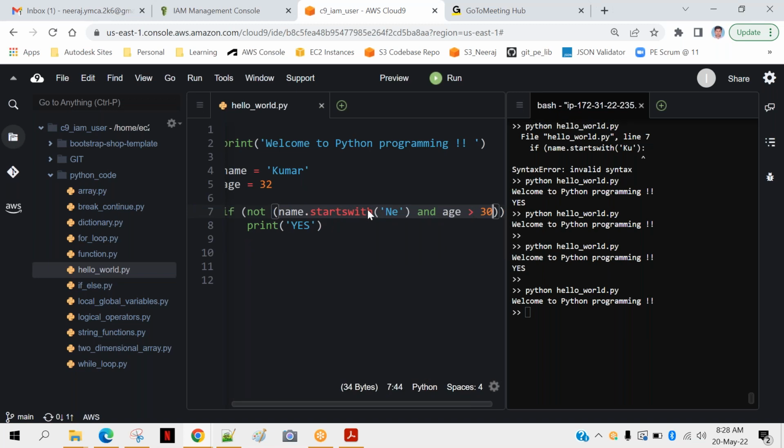So name starts with NE and age greater than 30: this condition is false, this condition is true, and there is an AND operator, so the ultimate result is false. But after false, I am again changing it, I'm changing the false into true. That means now it will display yes.